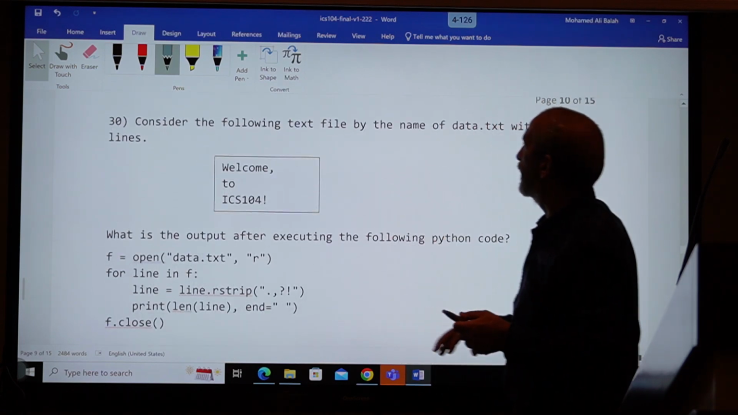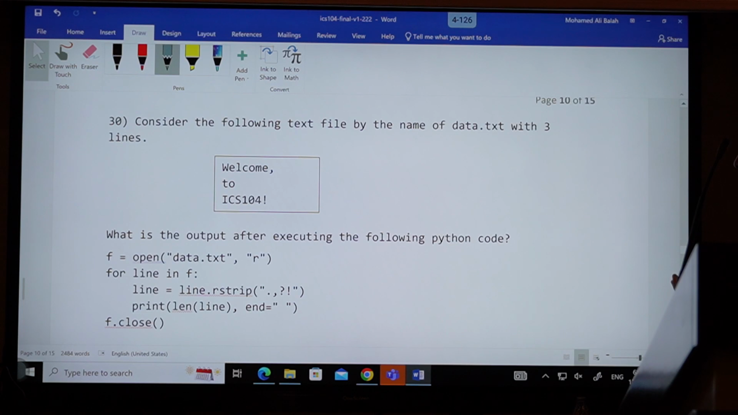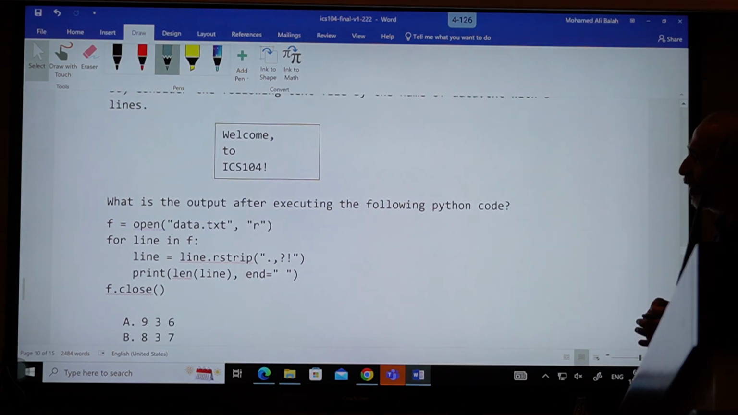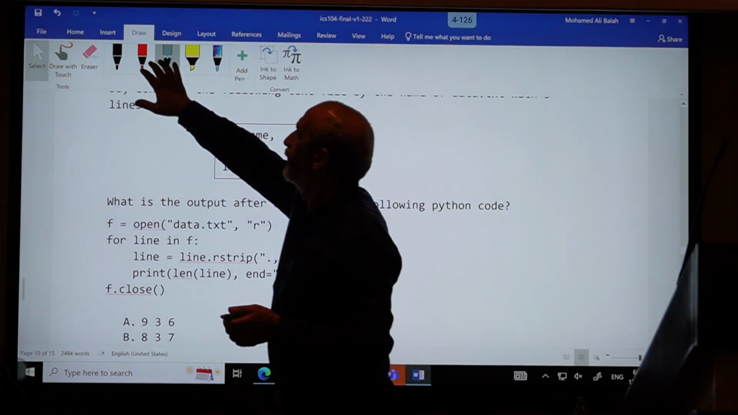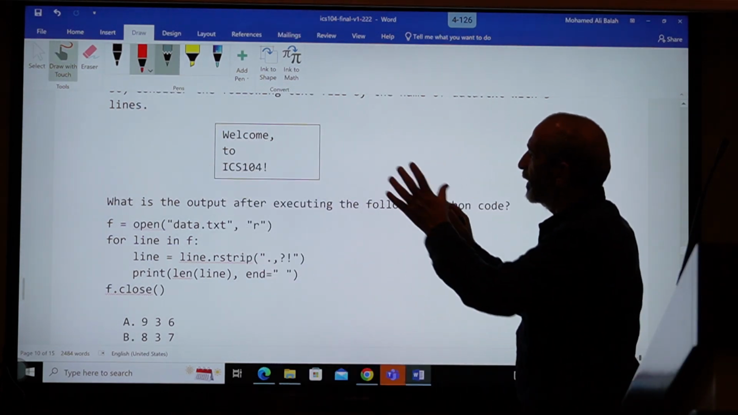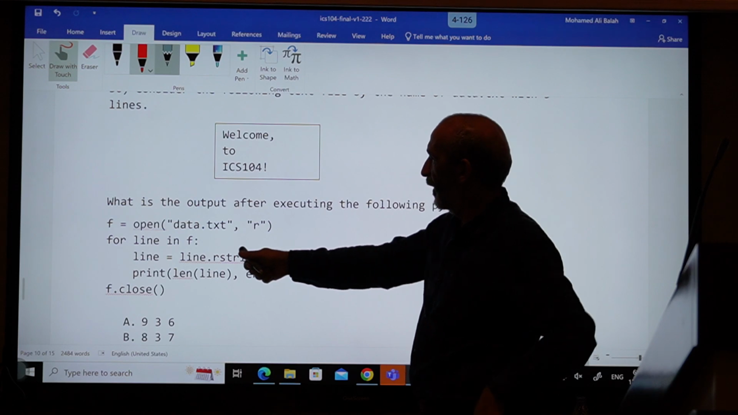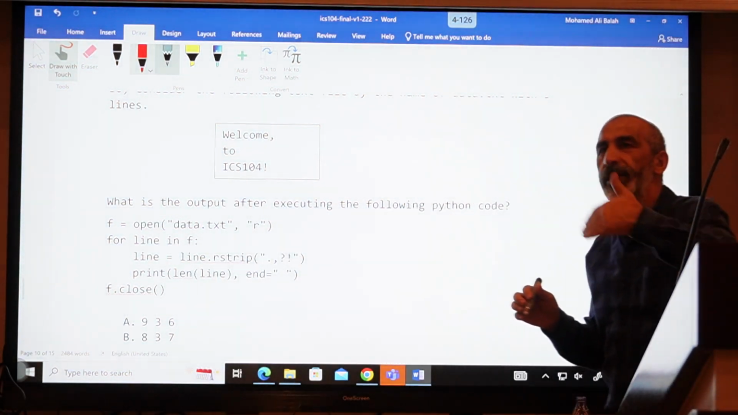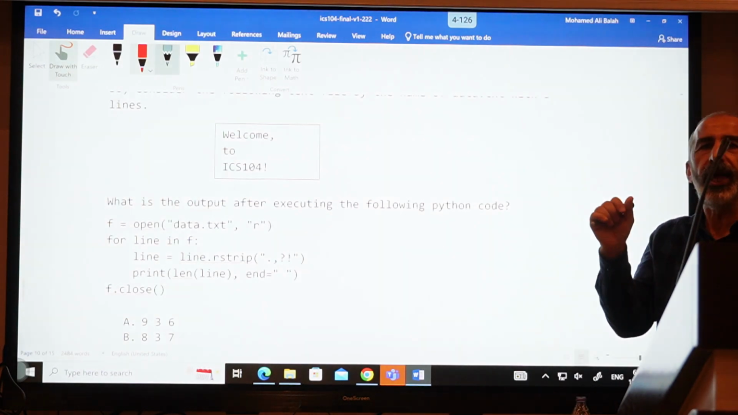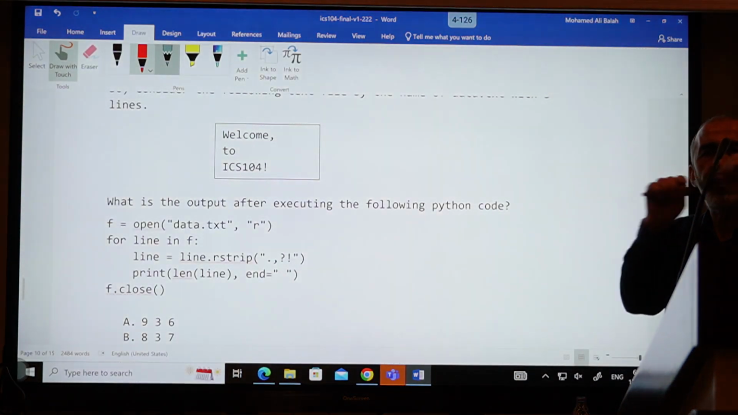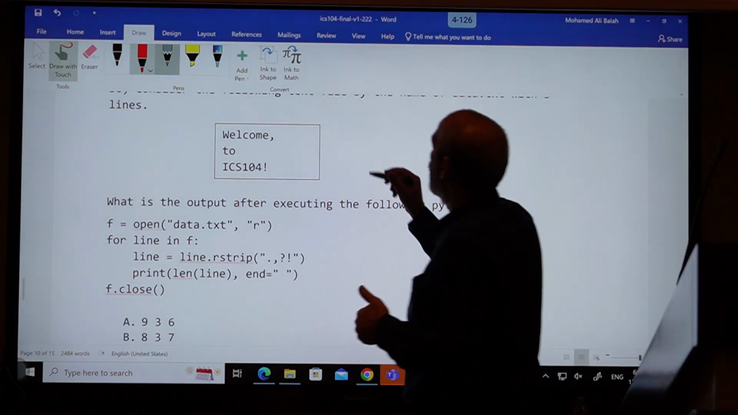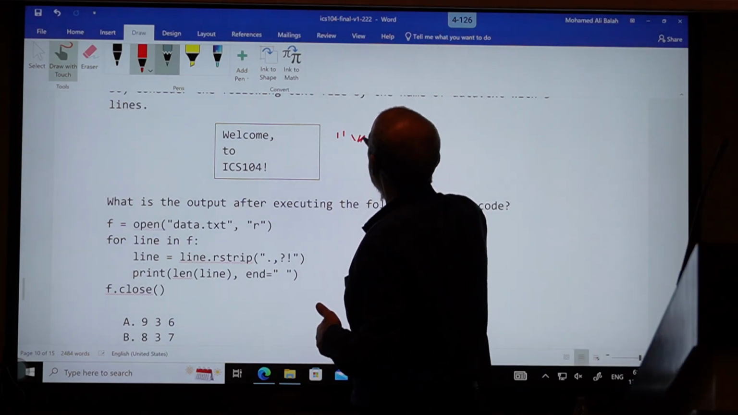Okay, consider the following text file by the name data.txt with 3 lines. Okay. So mainly here, the trick here is that when we call the for line in F, in each iteration we assign the whole line, whatever we get with read line, to the variable line. So in the first iteration, what will be assigned to line is